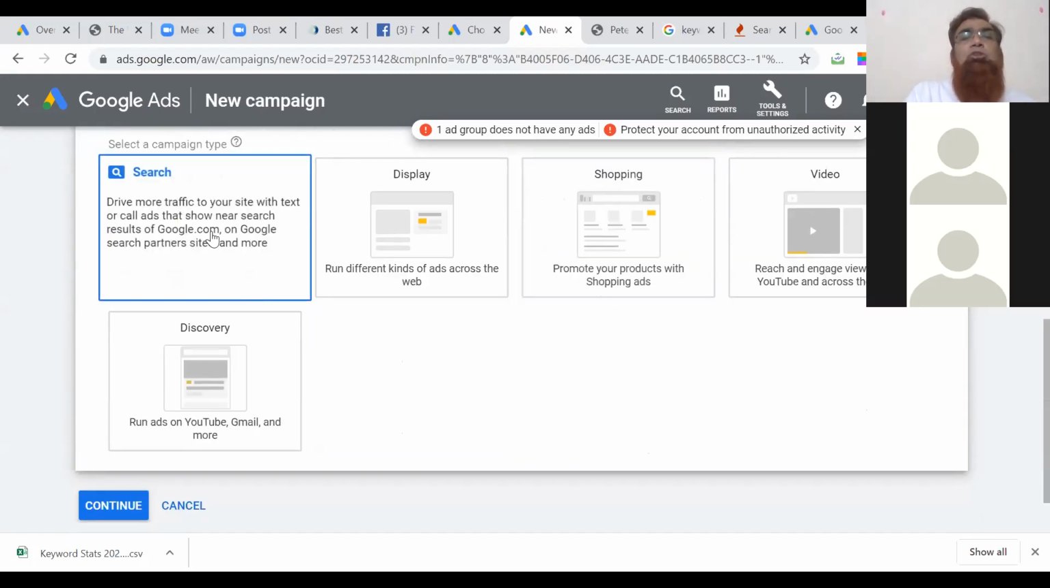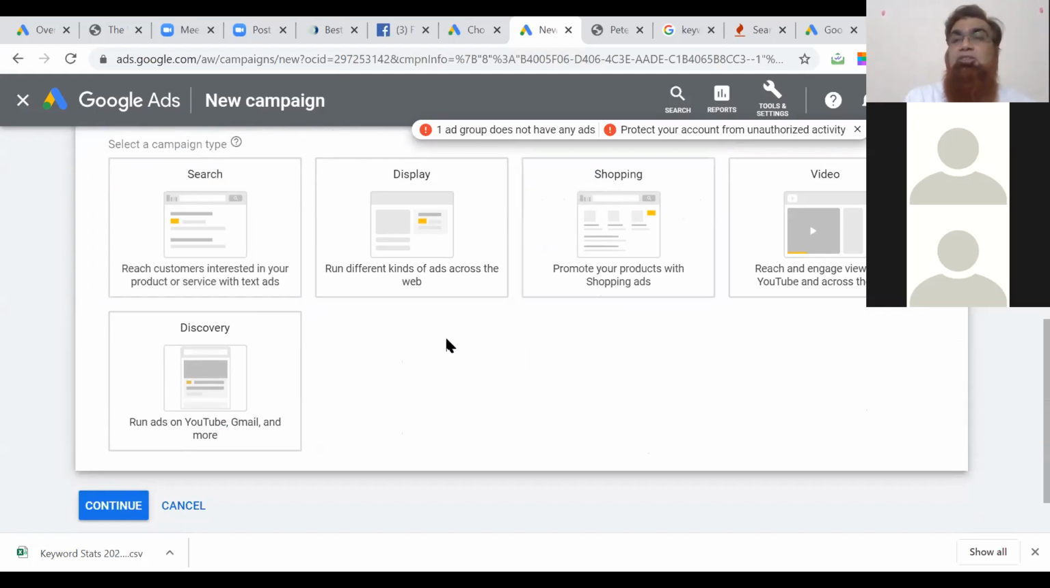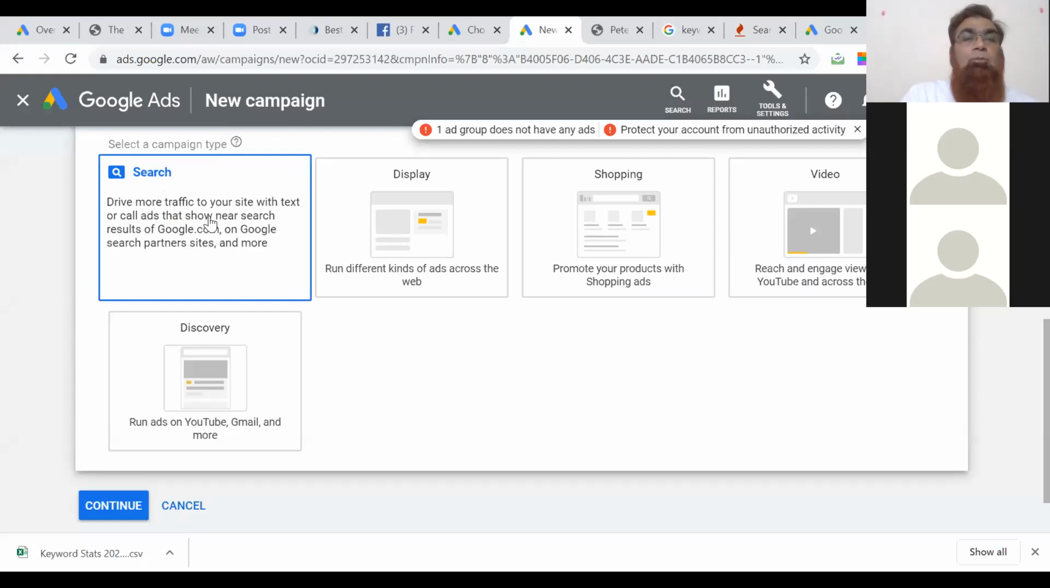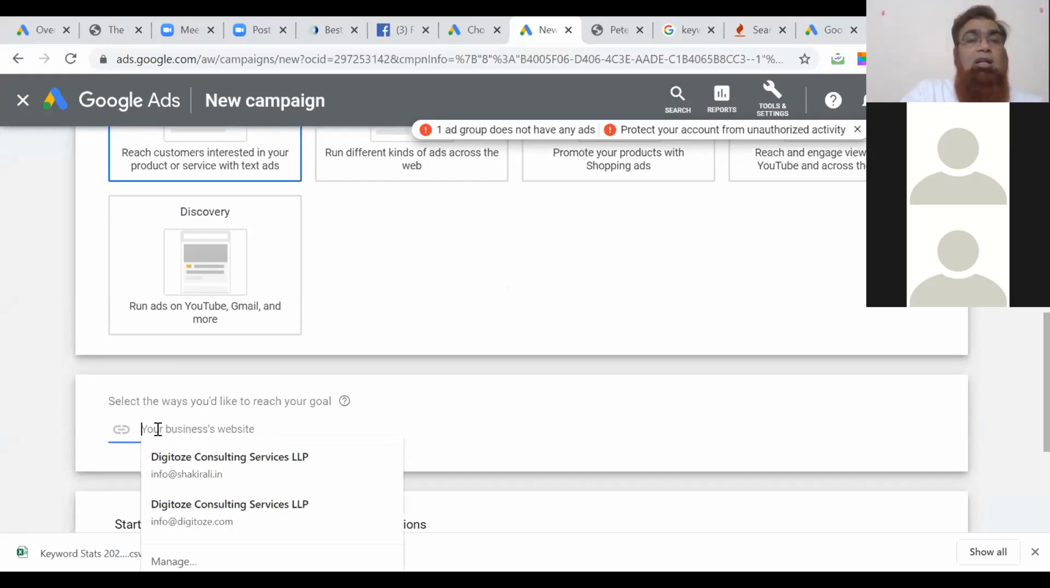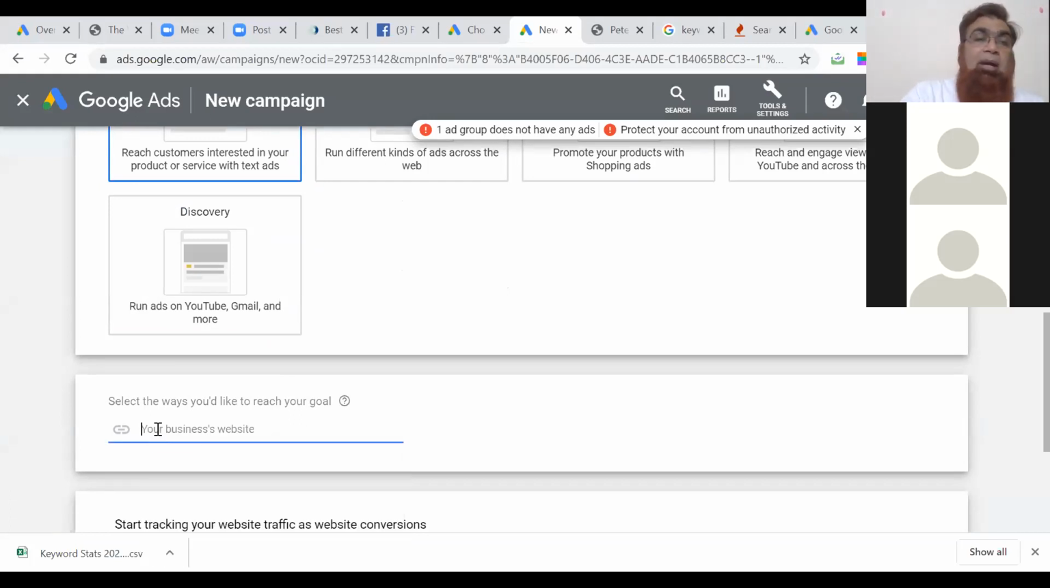Now in website traffic also you have search. As we have seen, there was the search network, then display, shopping, video ads, and there is also discovery, in the sense that on YouTube you will be able to do it, and sometimes a few ads come in Gmail also. I'm not going into anything complicated. I'm only going to the search option. The moment I clicked on the search option, it asked me to put a URL. So I can put a URL, for example my own domain name, https